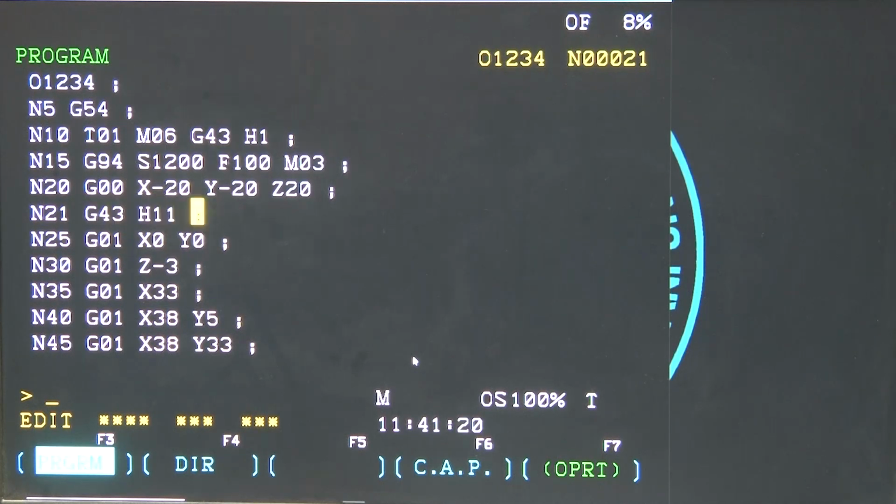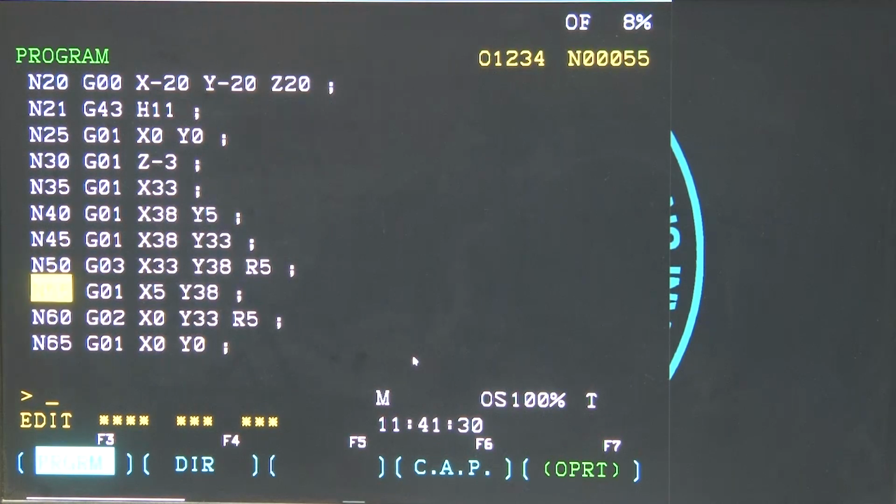So, what I mean to say is that if you know the G codes, what each of them stands for, and what the other codes stand for, you can always write a program like that on your own, depending on the drawing that you have, and that can be executed.